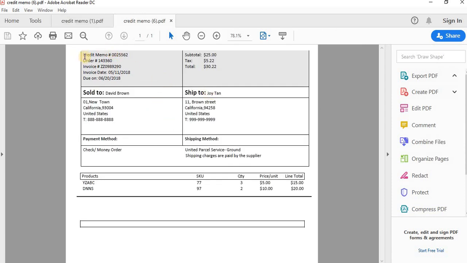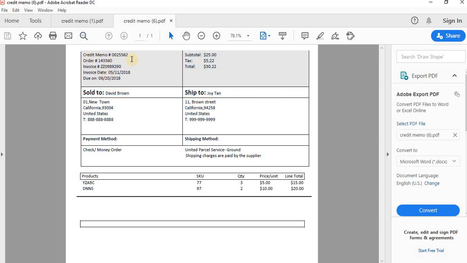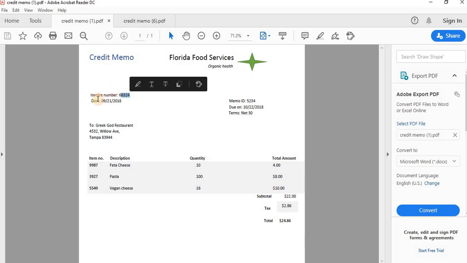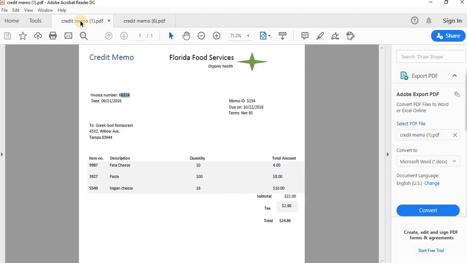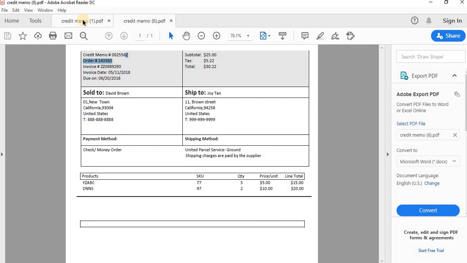Perfect. Okay, here you can see all the fields are in different locations. Previously the invoice number was available on the left side, and here the invoice number has changed to order number, and the text itself changes, and it's now available at the top left. So using the taskbot, definitely you cannot automate this, or else you need to use multiple if conditions to automate this kind of file. It's very difficult.